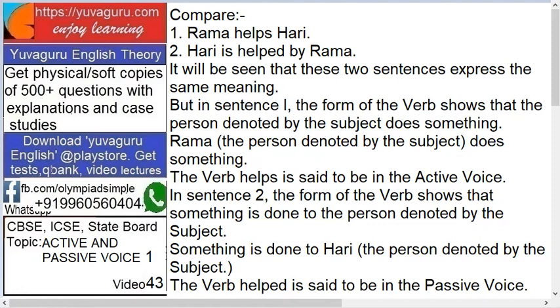So let's focus on our topic. Today's topic is active and passive voice. This is video number 1. We will be covering this in 2 to 3 videos. So let's start. Firstly, get it very simple. See here, active and passive. Passive means